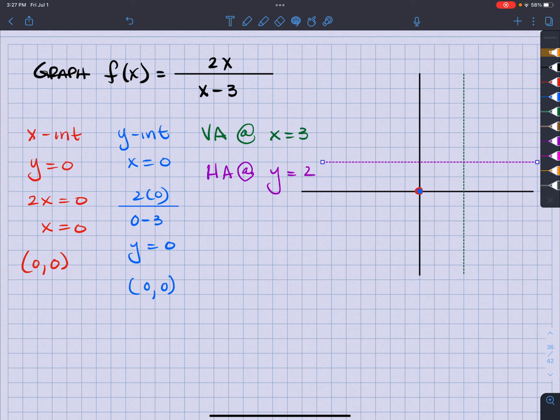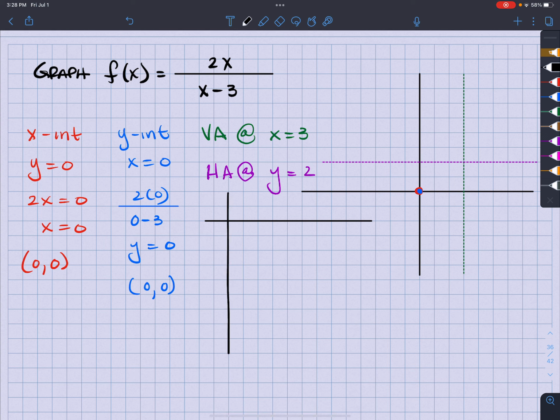Now the question is, what part of the graph is this going to be located? Well, I see that it's going to cross (0, 0). I'm going to guess that this is going to curve in this direction. It could also cross in this direction, because the horizontal asymptote can be crossed. But anyways, since here is my vertical asymptote, I'm going to go ahead and create a table